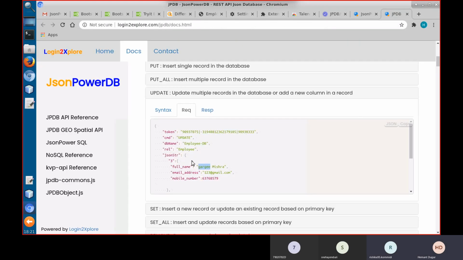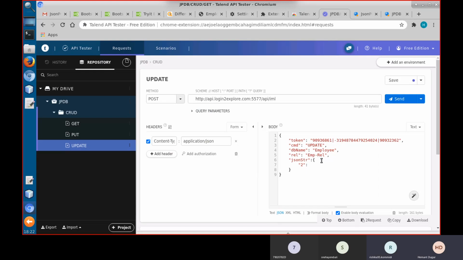Then you see here, first this object has a record number and then a different object inside. So here we have to take a JSON object. Name, then colon, and then we can type the new value.